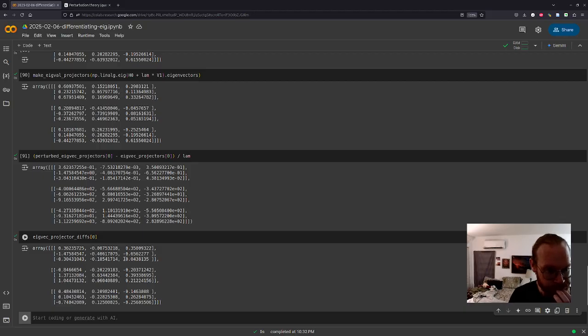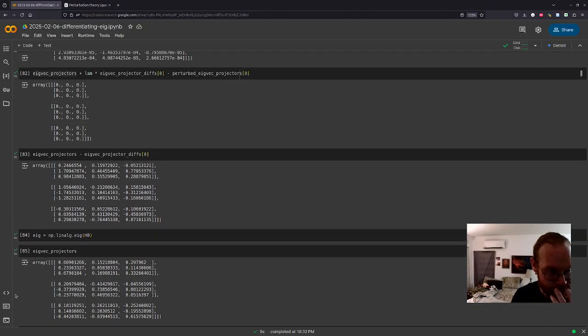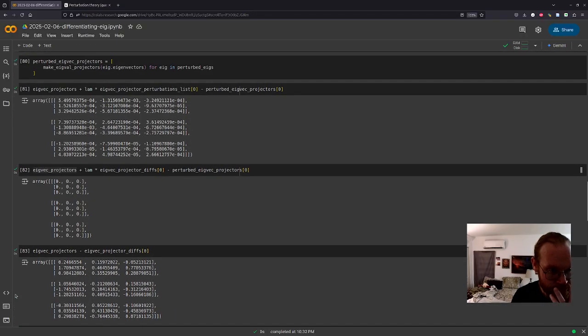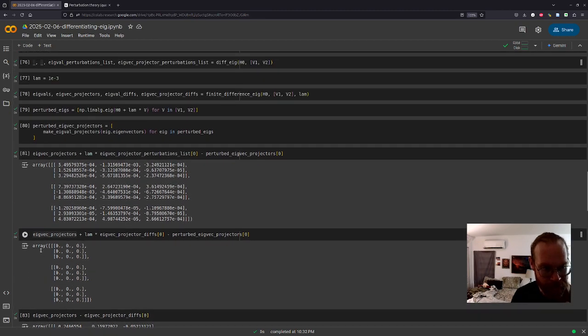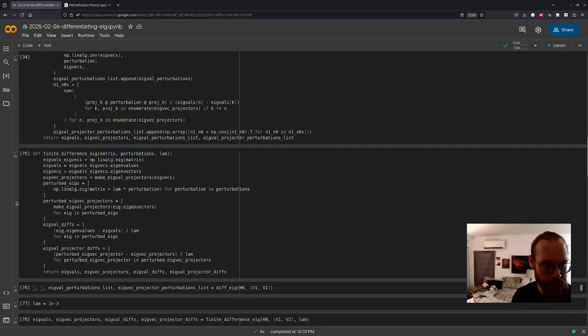Okay. This looks pretty much the same. Okay, and now this looks identically 0, which is what it should be. Now we have to figure out why our fancy method for doing this is not doing it right.